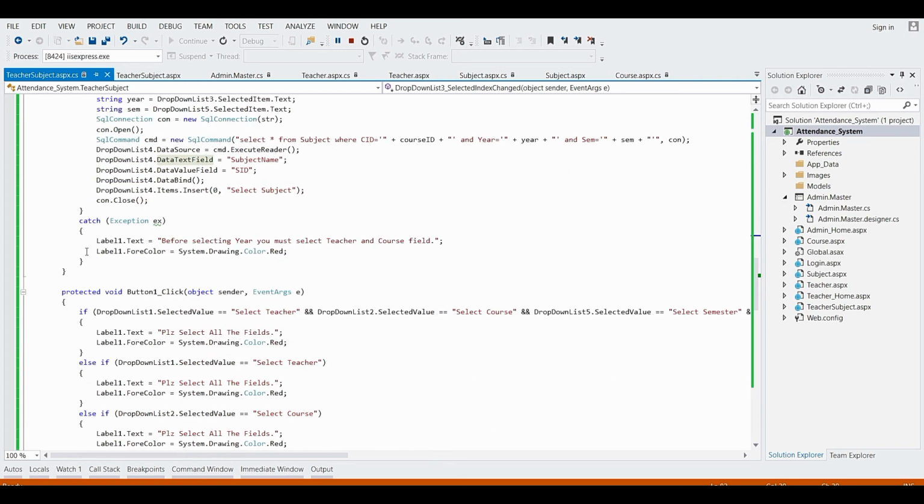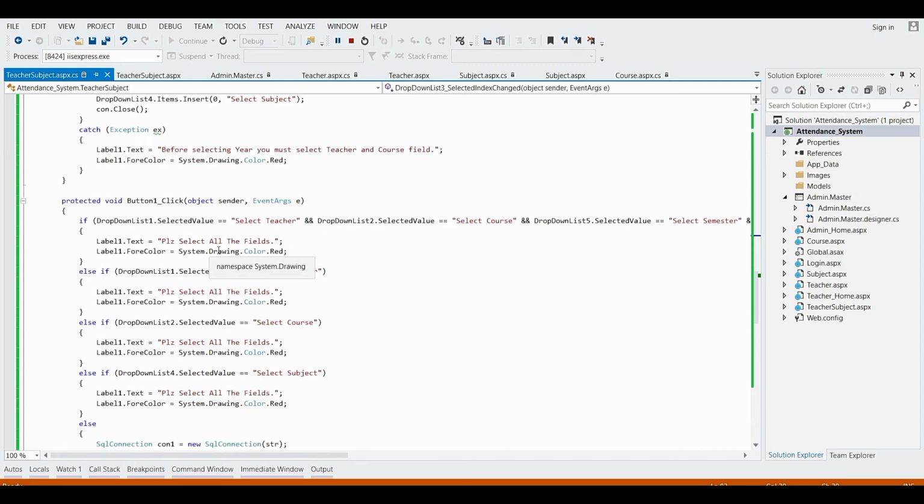Now in catch block, it will catch the exception which is generated and display that exception message in the label text. If any exception is generated, then it will display this message in the label 1 text, that is before selecting. Here you must select teacher and course field, which is in red color. Okay, now